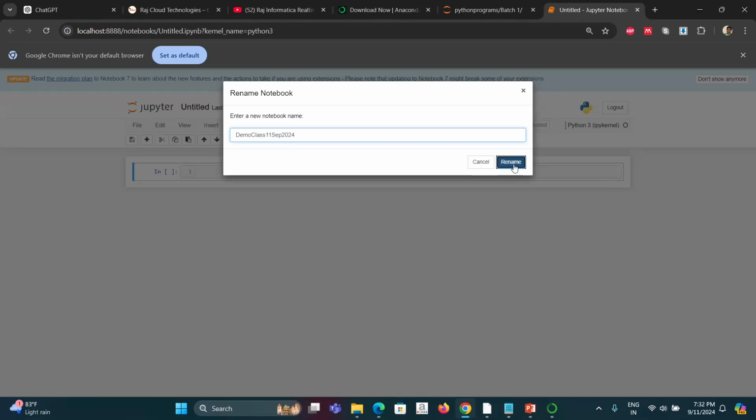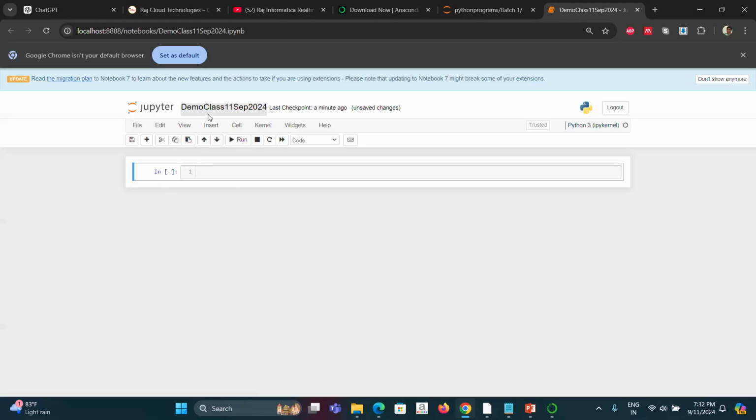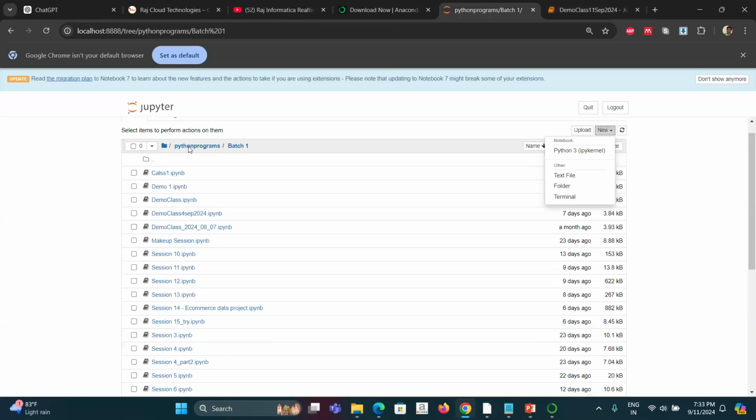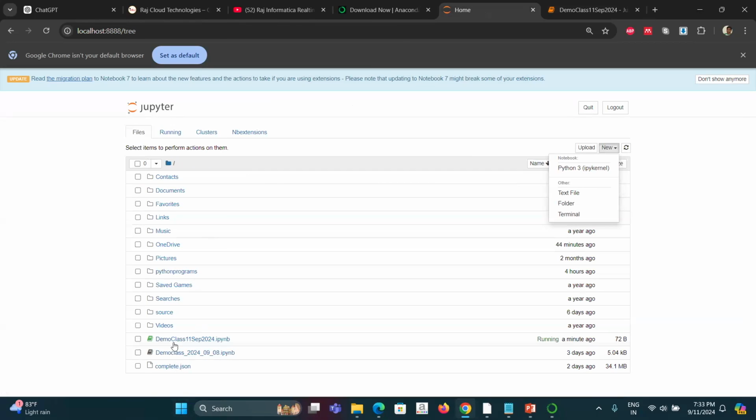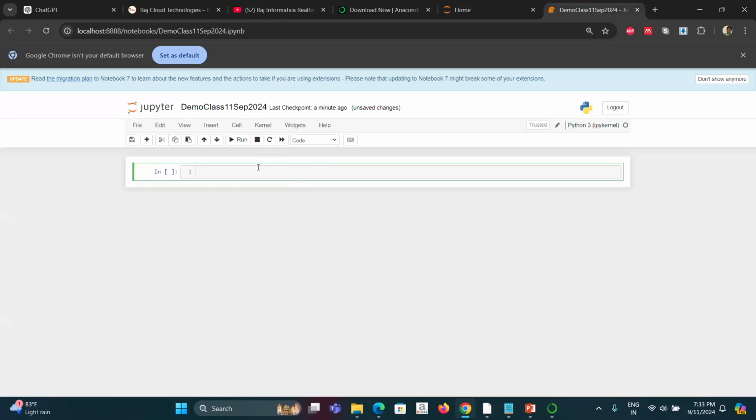Just I rename it, and that is how you can always rename it. Then I go to my default folder, and you can see the demo class 11th September 2024 file, which has opened.